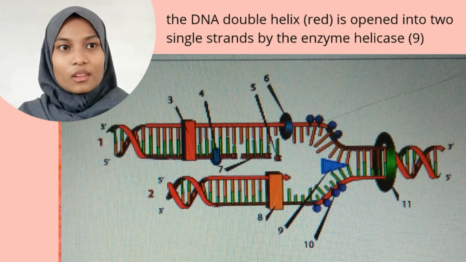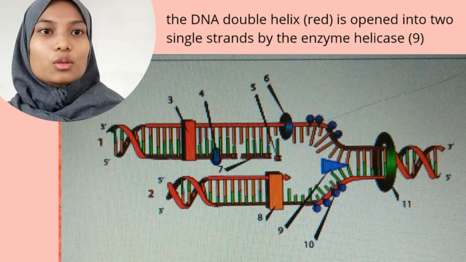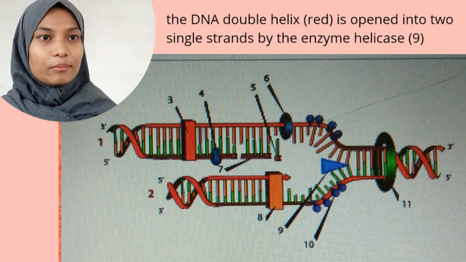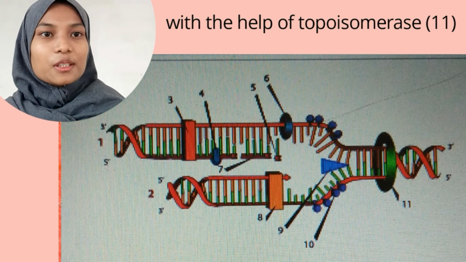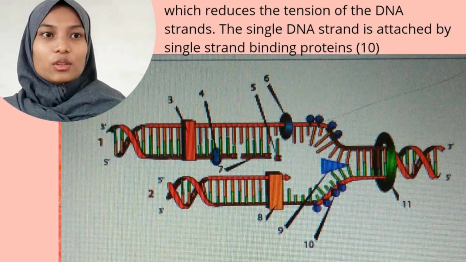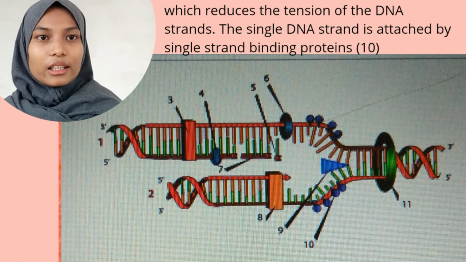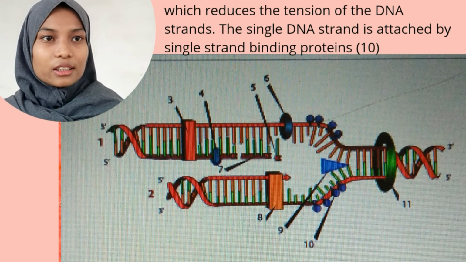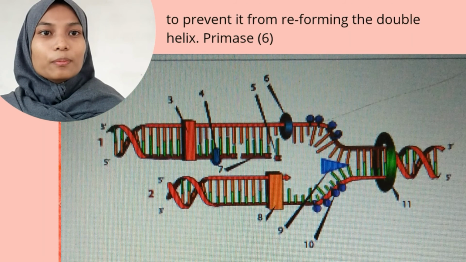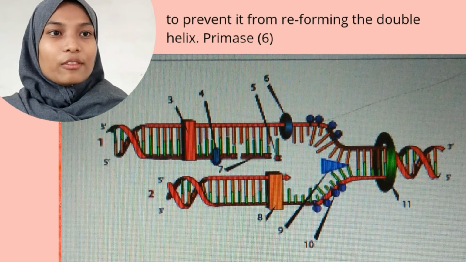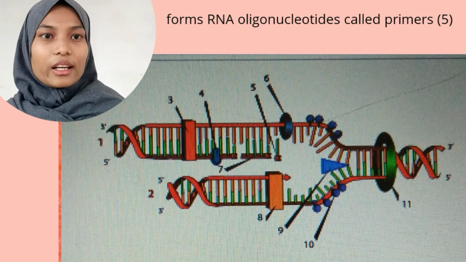In theory, the DNA double helix thread is opened into two single strands by the enzyme helicase, with the help of topoisomerase, which reduces the tension of the DNA strands. The single DNA strand is attached by single strand binding protein to prevent it from reforming the double helix. Then the primer from RNA